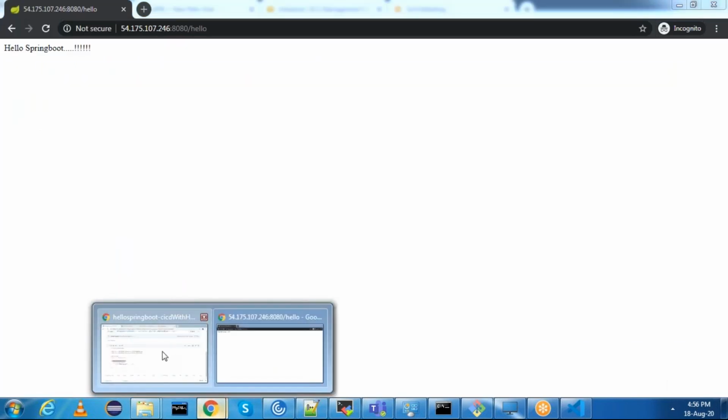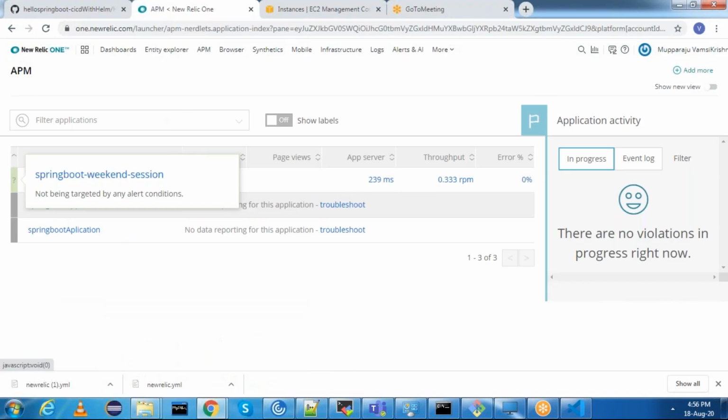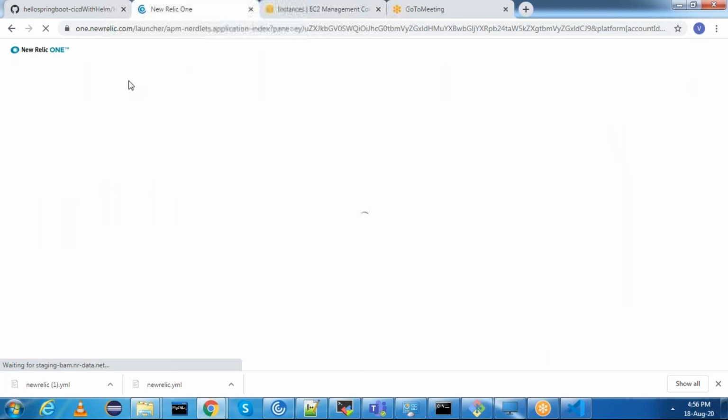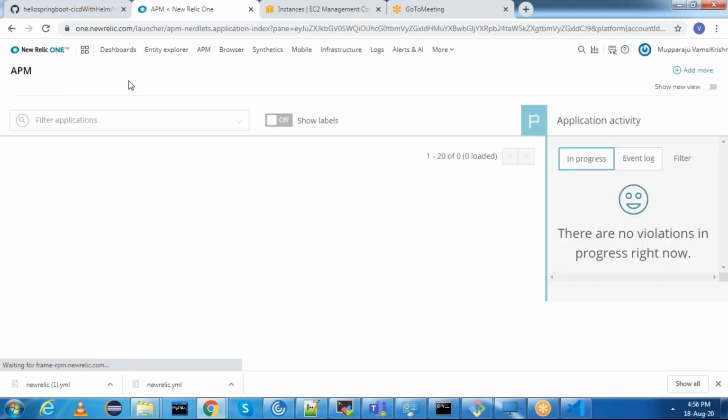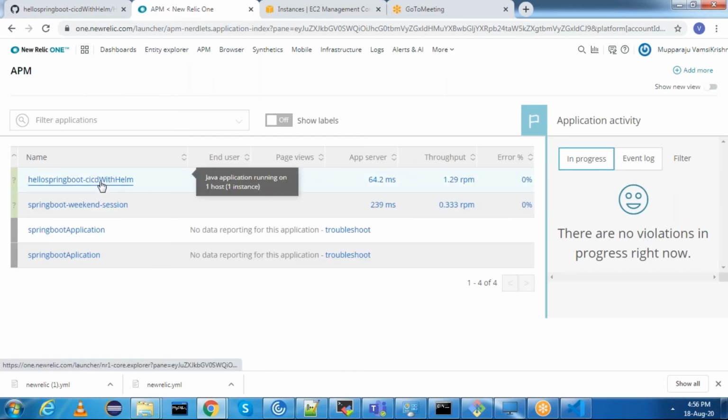Now go to APM in the New Relic page and refresh the page. Now you will see the new application which we just created.